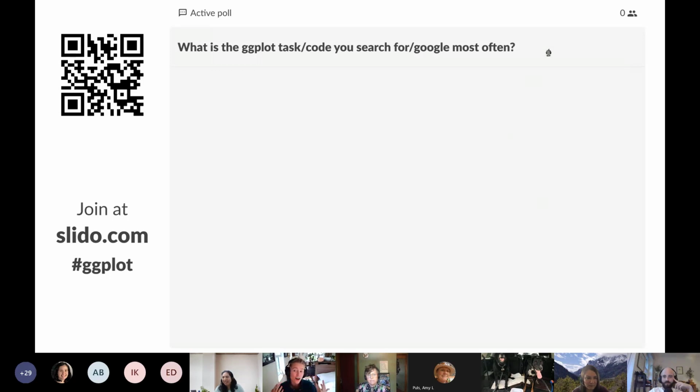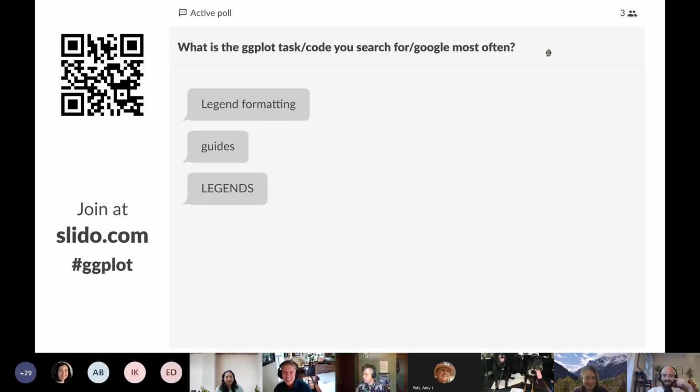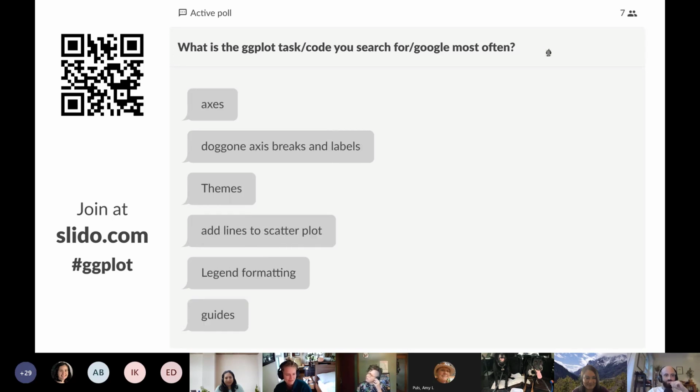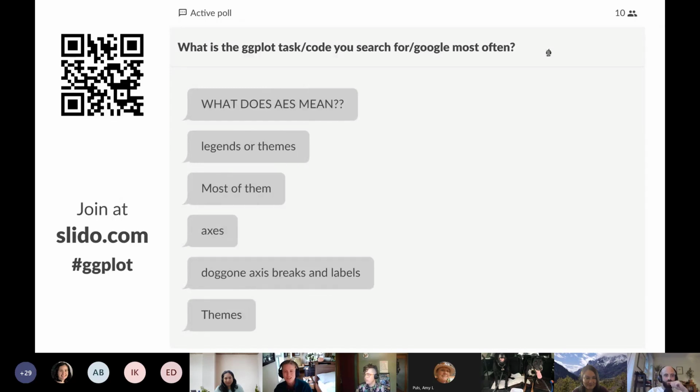So for the folks who are more familiar or have used ggplot at least once before, what task or code blocks do you search for or Google the most often? Most of them.